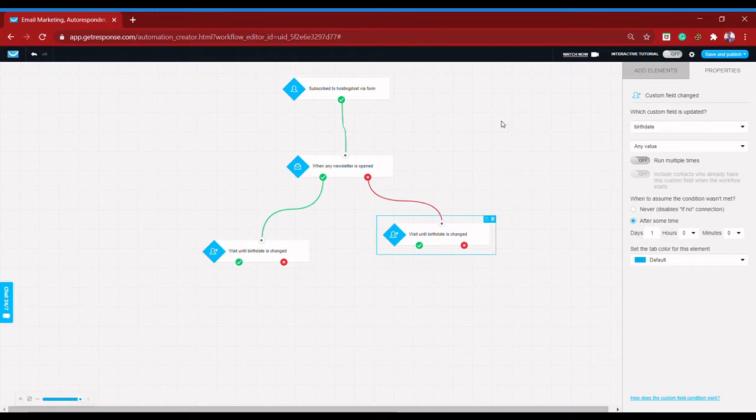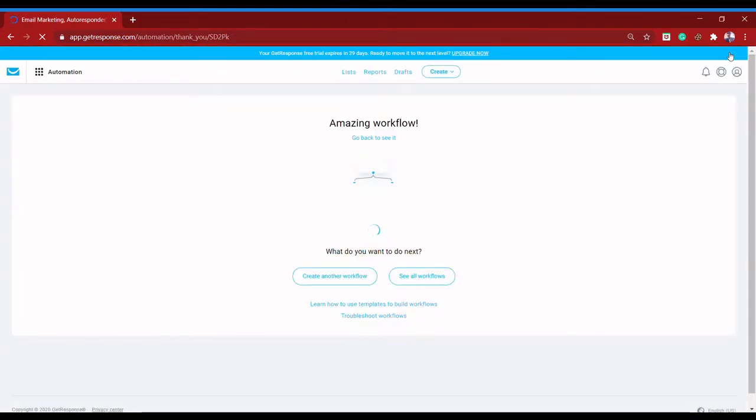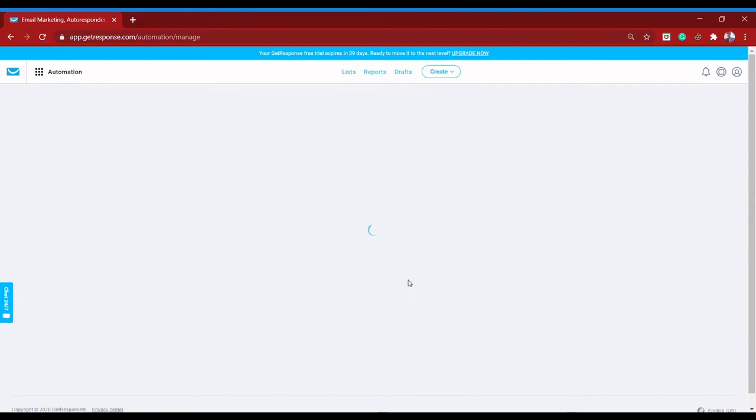So this is our small automation with GetResponse. And when your automation is completed, then click on this save and publish option. Then your campaign will be published. Now whenever someone subscribes through that particular list, your campaign starts and you will see the trackings here, see all